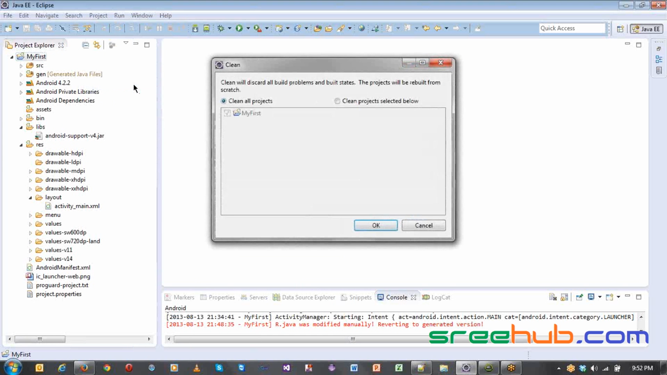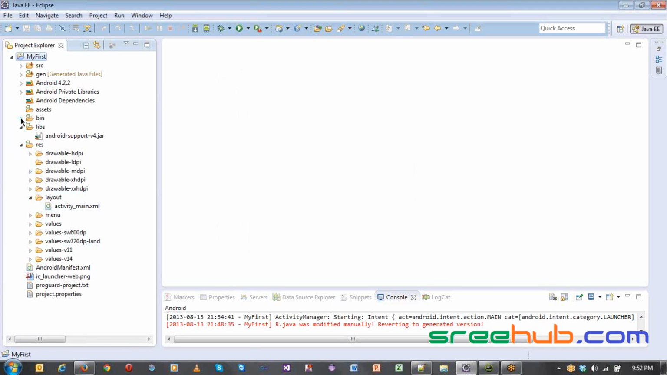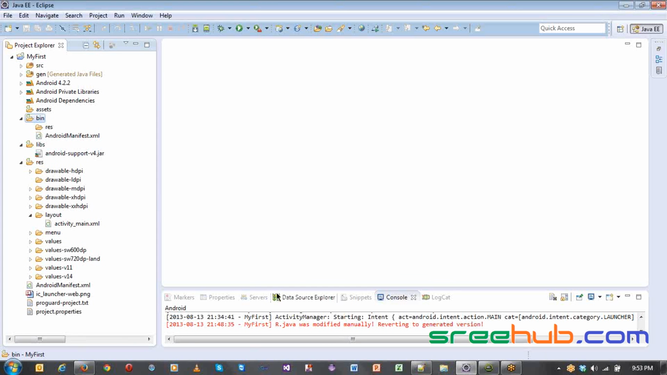Now whenever you clean, it will actually delete the old class files and rebuild all the project files from scratch. That is what happens, right? Now if you can see here in bin, everything got deleted, right? So previously we had some APK files, right? Everything got deleted now. If I run it again, when I run this